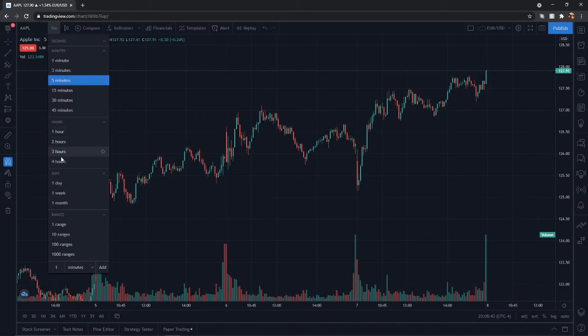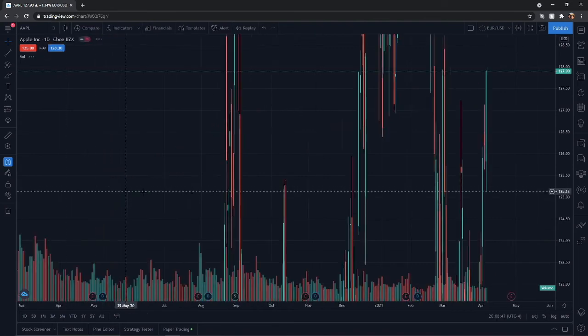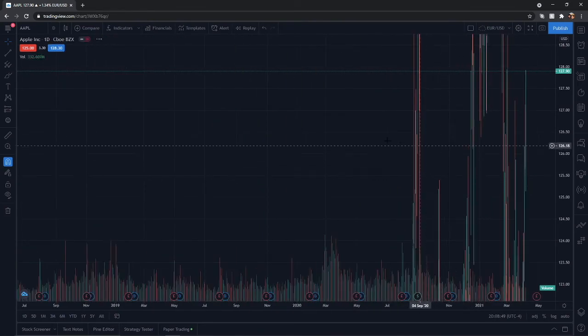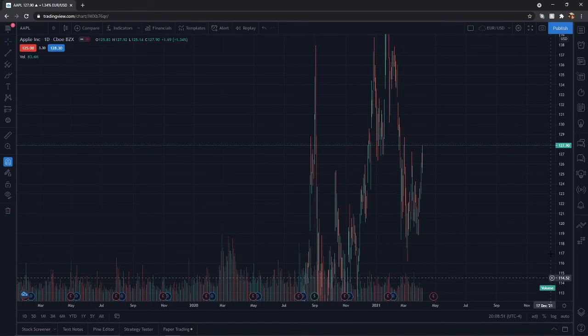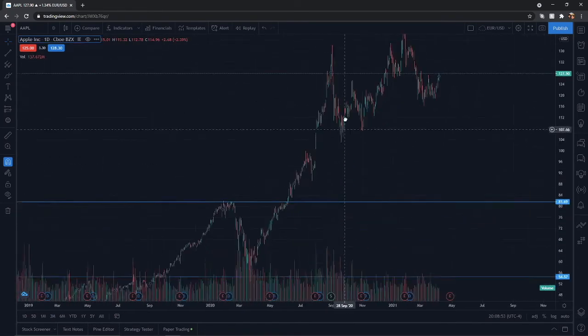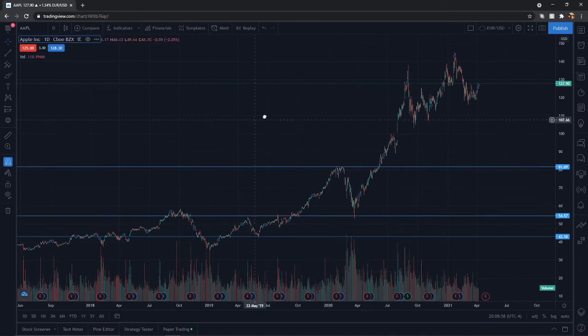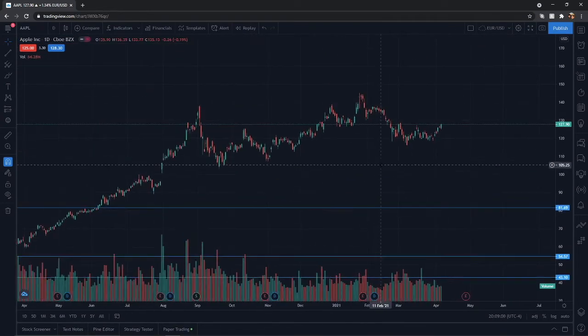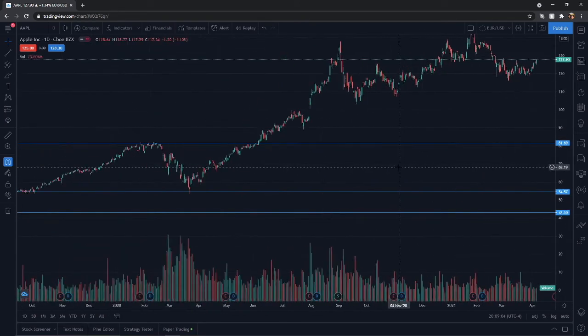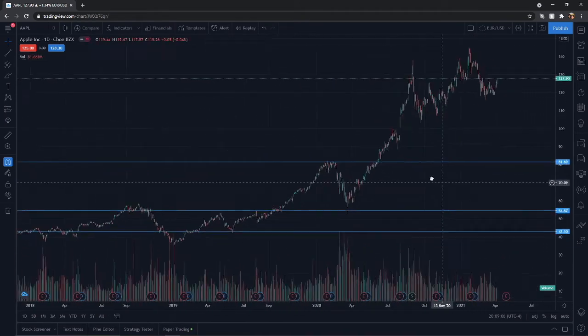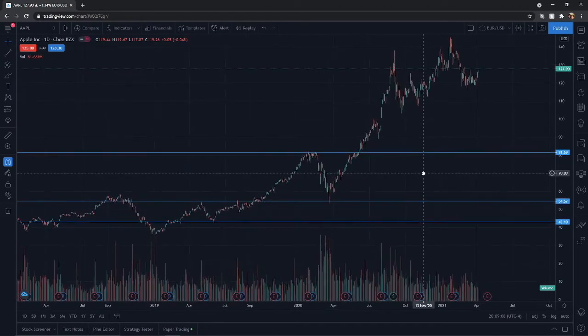So we're just going to go back to the 1-day candle display. Now this looks a little wonky. Let's fix it here. Alrighty. So now each one of these candles represents a day. So it's going to be a bit more of a comprehensive look at how the stock performed. This is Apple, by the way. So let's go back to